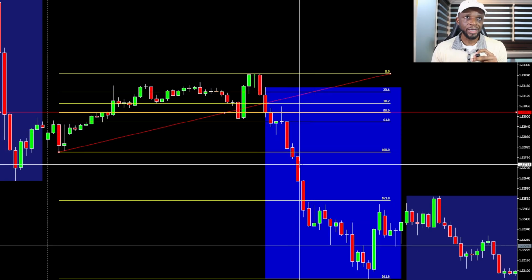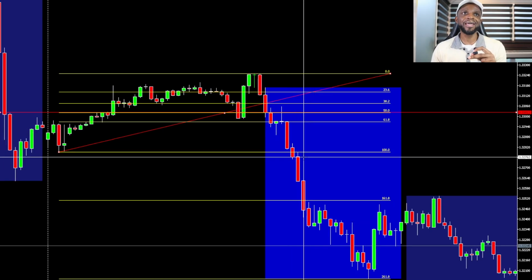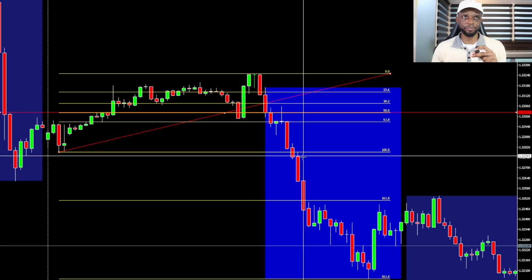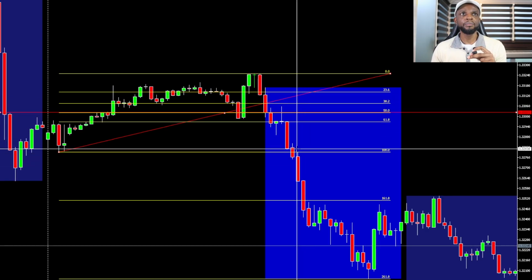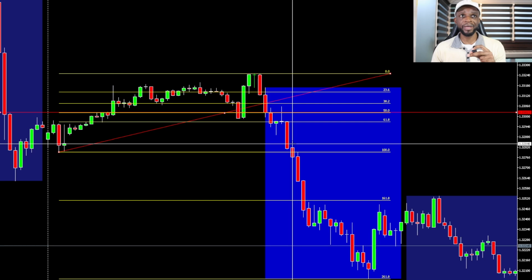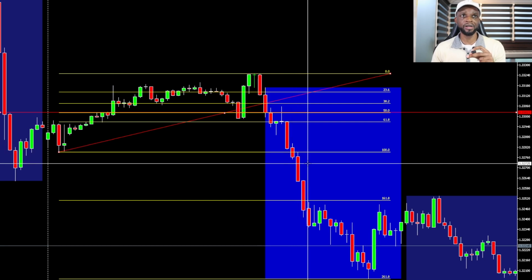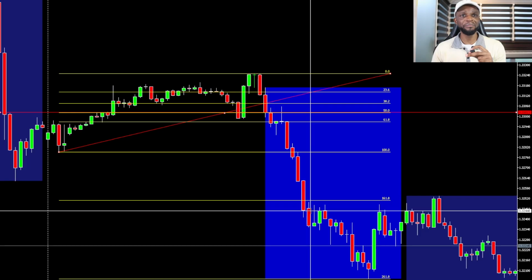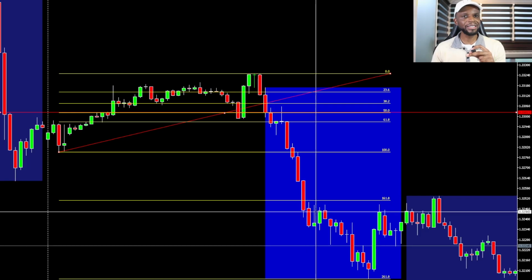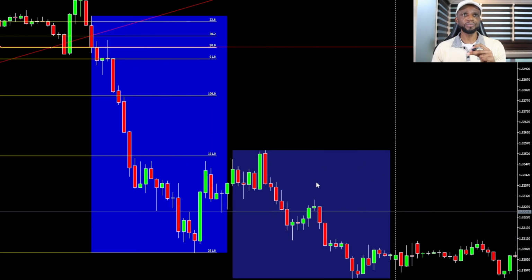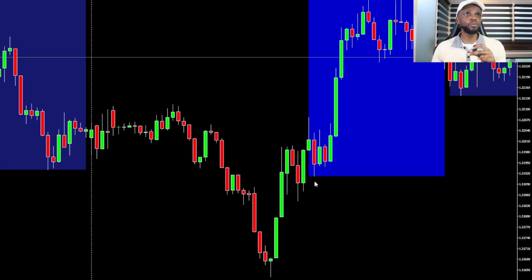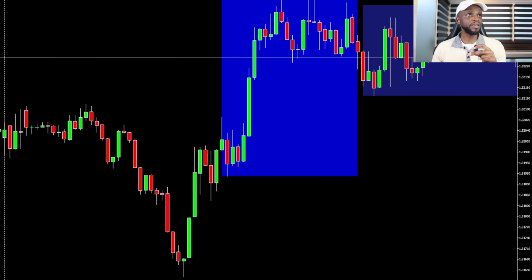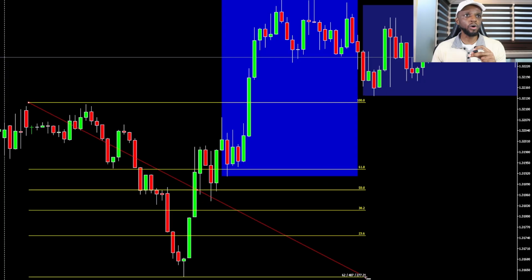If it broke and painted this bar and then painted a bullish bar here, then we could then start to take it back upwards. But after creating this bearish bar, we can't be looking for buys there because price seems to want to go down. Okay, so this is how you start to work things in your favor and start to analyze and work out what works the